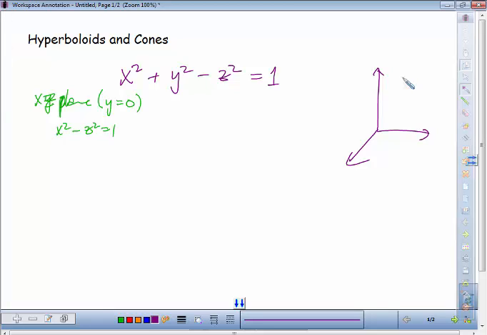I'm hoping that when you see equations of only two variables, you should be able to figure out what kind of shapes those are. So this is a hyperbola, and it looks like the z is negative, the x is positive. Looking at the xz plane point of view,